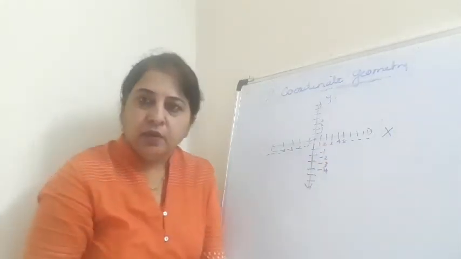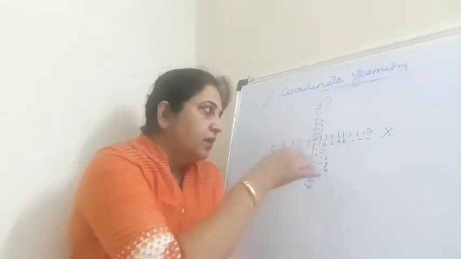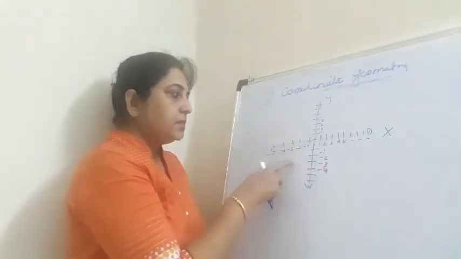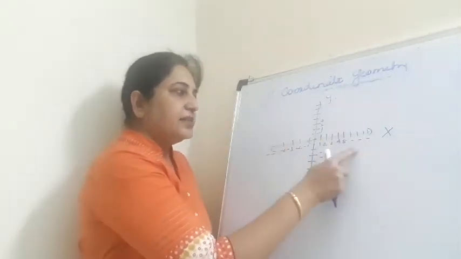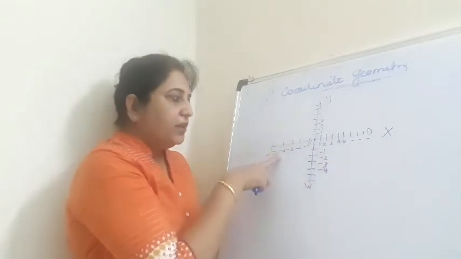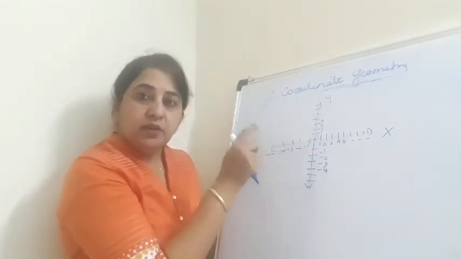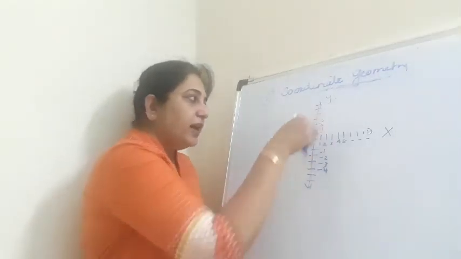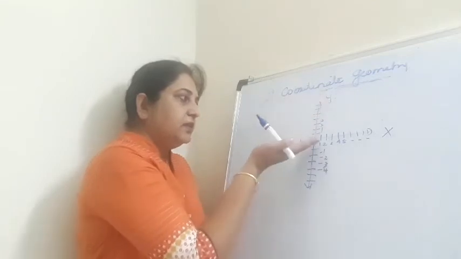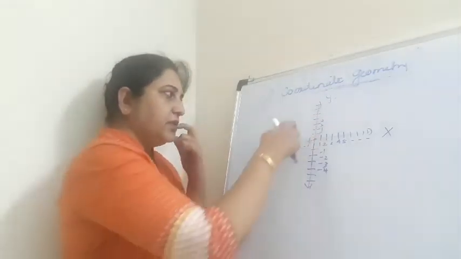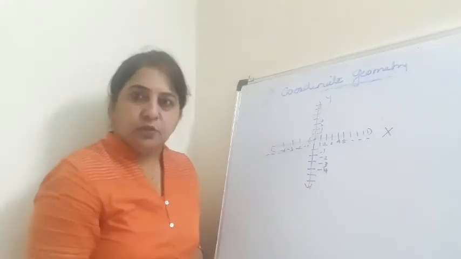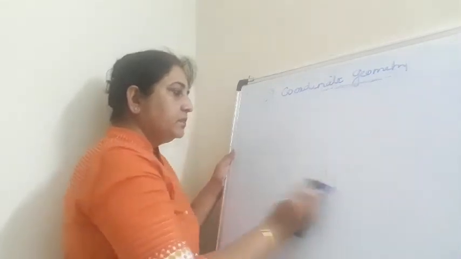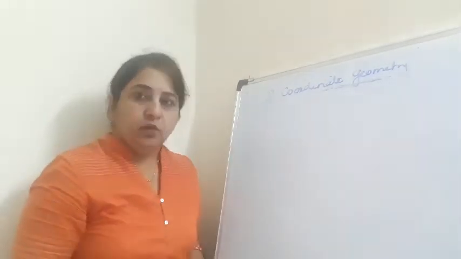Y-axis. Okay, so I hope it is clear to you that these are the four quadrants, and how do we decide which is positive? On the x-axis, on the right side you will have positive numbers, left side you will have negative numbers. So when you are plotting the point, you know whether you need a positive or a negative number. Then on the y-axis, on the top side, that is above the x-axis, the positive numbers are shown and here the negative numbers are shown. Right? Now this is how you will decide whether the given number is lying on which quadrant.